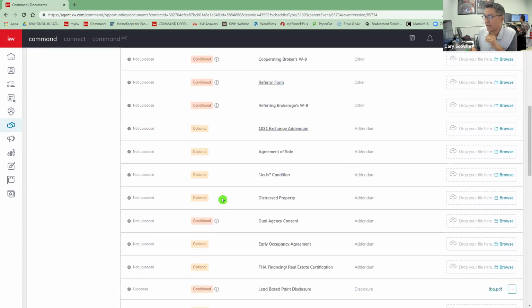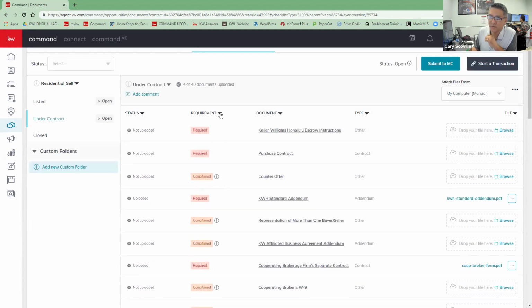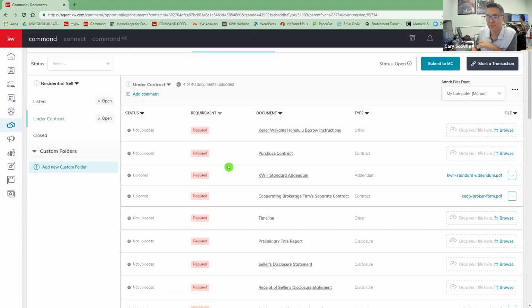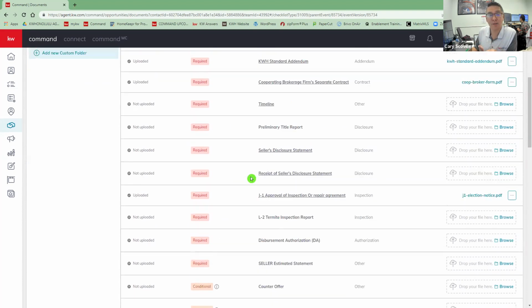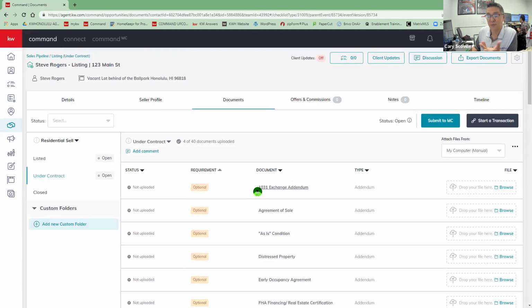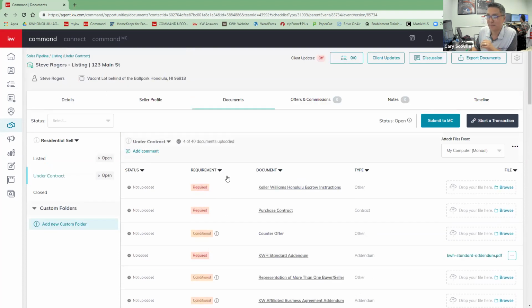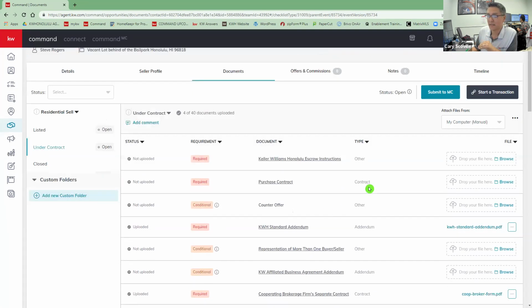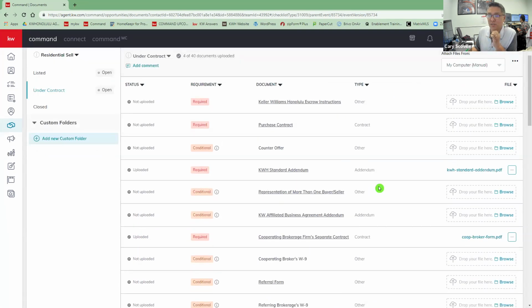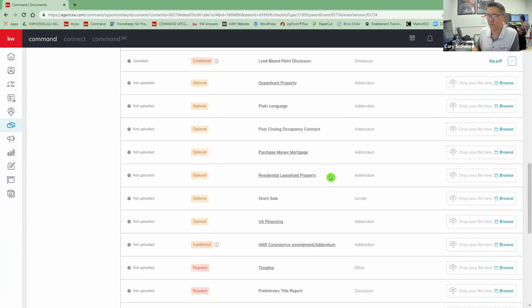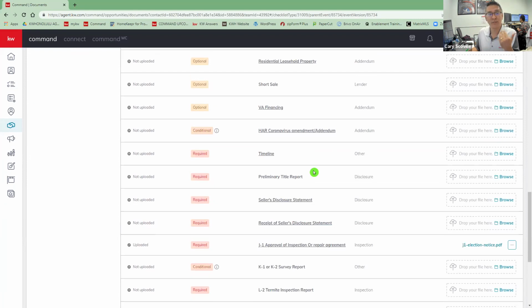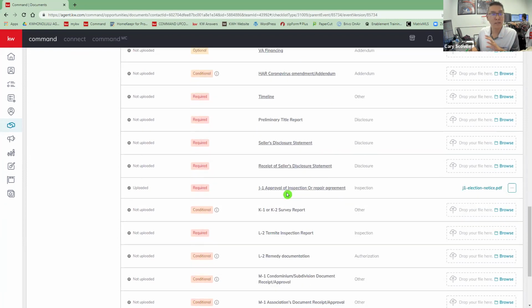Sure. As you scroll down, to Latasha's point, every column is reverse sortable, so you can make all the required documents fly up to the top. You can reverse sort it so some of the optional stuff and addenda rise to the top. The base format is more helpful for that person just starting out, because it starts with the contract and runs you through all your addenda, and then runs you through your contingencies. If you followed the format here, you'd be in a pretty good place, right? When it comes to what's required or what's not, again, it's per contract. So your BIC is going to be the perfect person to ask.